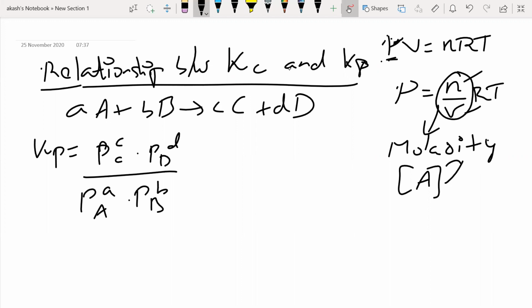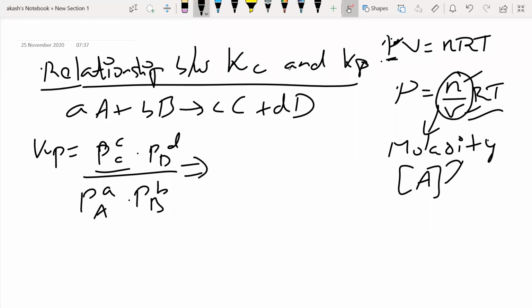Now, how do we define molarity? It is the number of moles of solute present in 1 liter of the solution. So basically the formula is number of moles divided by volume of the solution. So remember, n by V is molarity. Now I'll be able to rewrite this particular equation in terms of pressures. I can use this concentration into R into T. Now how will I write it?